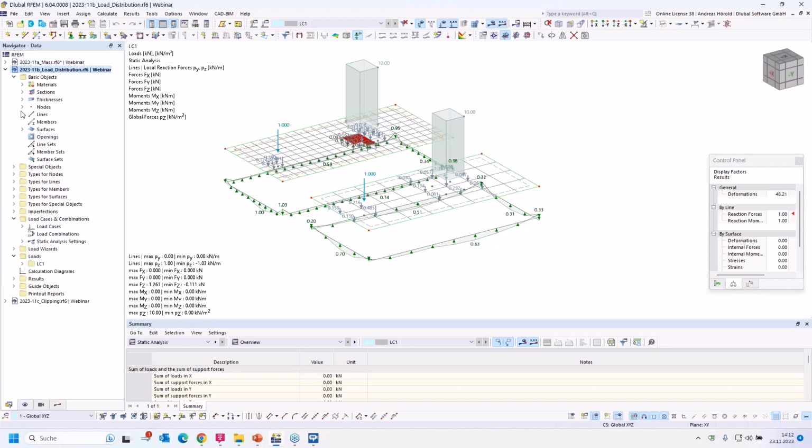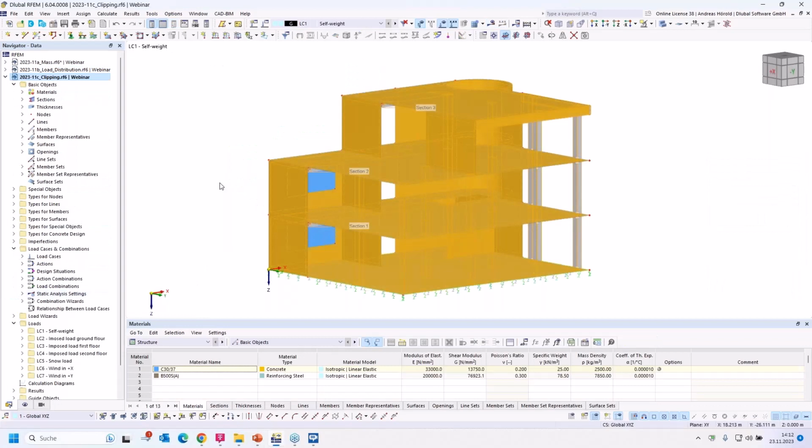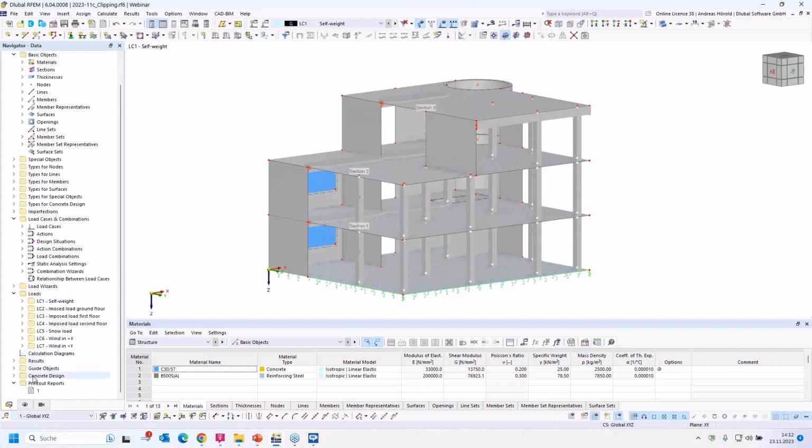Okay, then I turn to the next example or next model and the next question. The question is, I have used a clipping plane in my model. The hidden areas are still shown as transparent in the display. How can I completely hide them? Let me switch on the clipping plane in the guide objects.